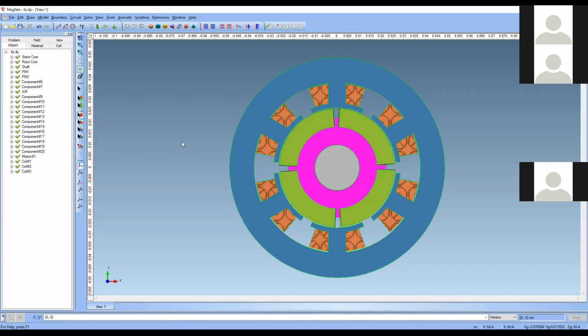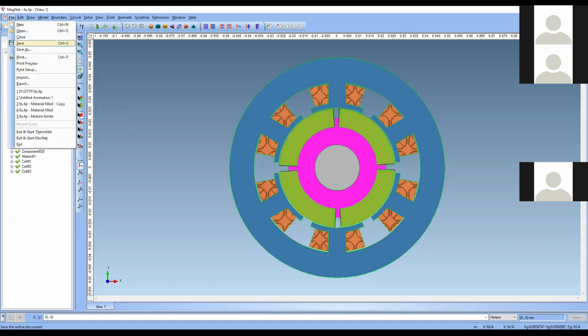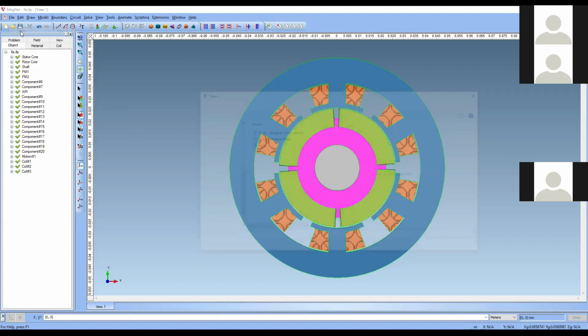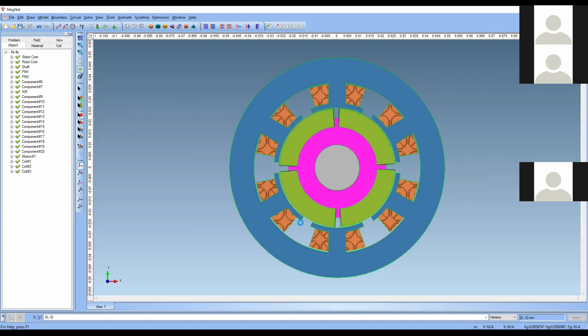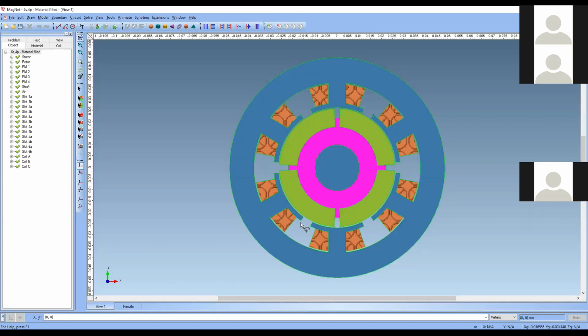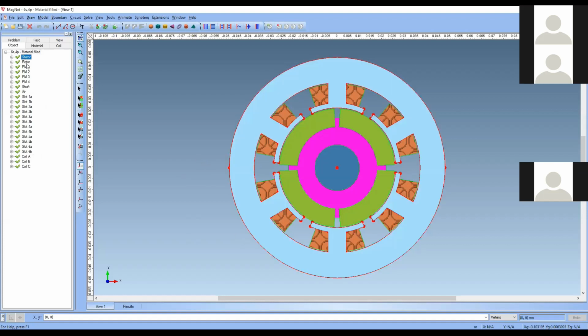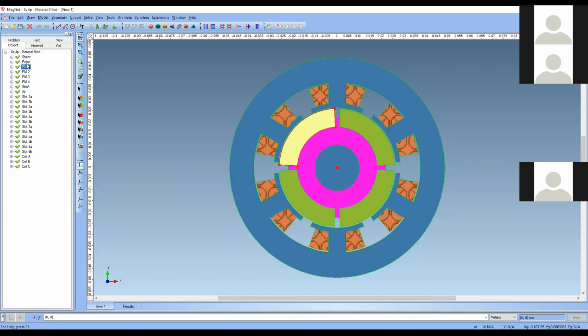For your convenience, I'm closing this and I will show the completely built model with proper dimensions and proper materials. It is not much different, the same as our model, but for safety I designed this previously and kept it.